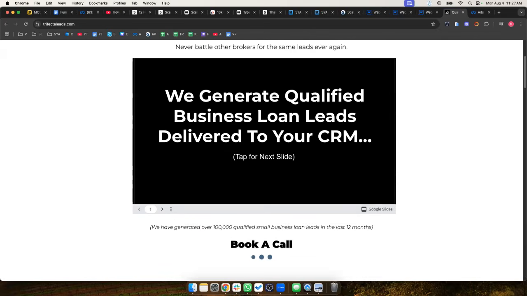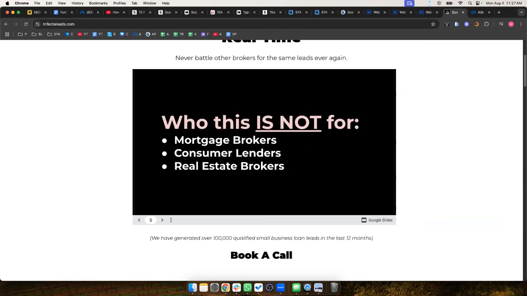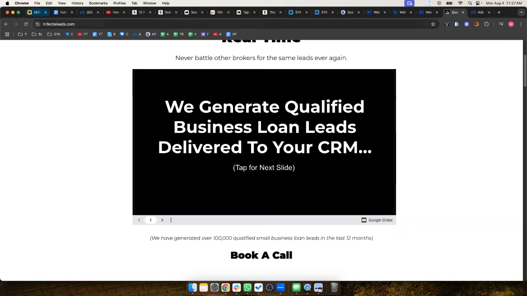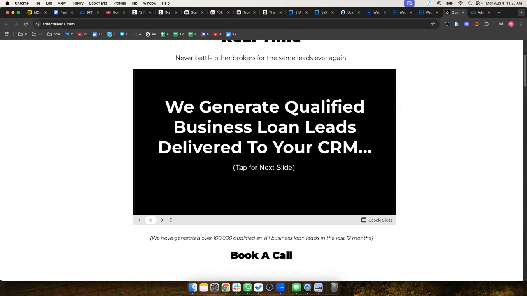Then, because it's a business loan and it has kind of a bad reputation, like scammers, or because I personally don't want my face to show so people come and dox me or something like that, I'm using a DSL, and this stands for Deck Sales Letter. The DSL is basically just a different format of the VSL. So you would really have one or the other. There are situations where you would use a DSL.